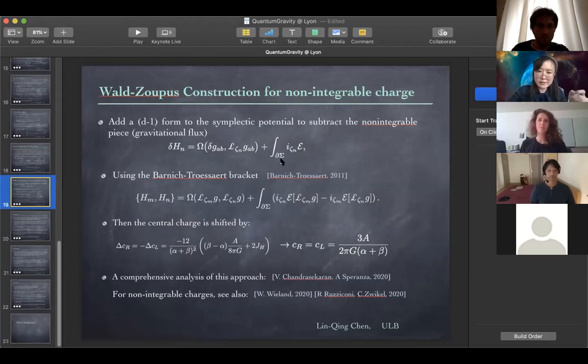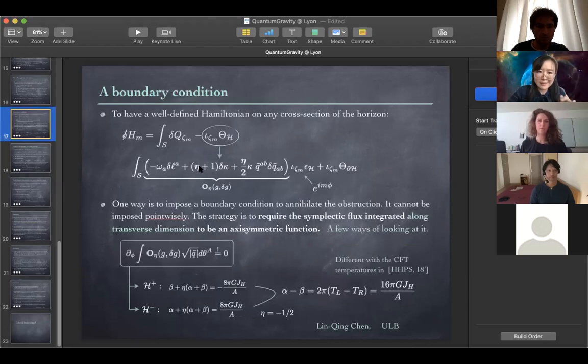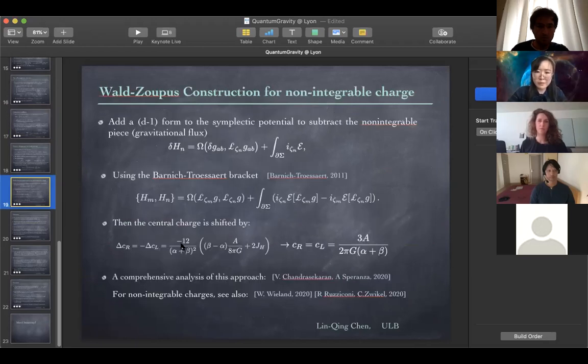When you integrate this flux along the theta direction, which is actually what the boundary condition annihilates, the picture I had in mind is that you have symplectic flux injected into the AdS bulk at every point. And this injection of symplectic flux is integrated along the transverse direction,